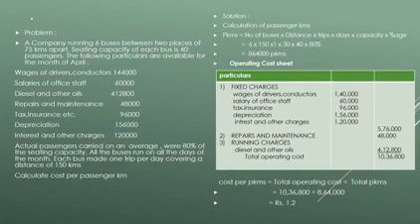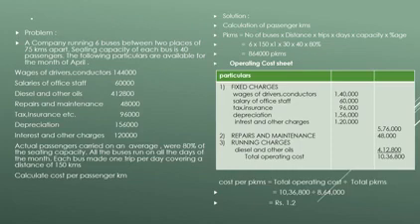The total of all these will be 5,76,000. So 5,76,000 is the total of fixed charges to be recorded in the outer column. Then the second head is repairs and maintenance. Under repairs and maintenance, in this problem only one item is given, that is repairs and maintenance. Hence it should be taken in the outer column directly.